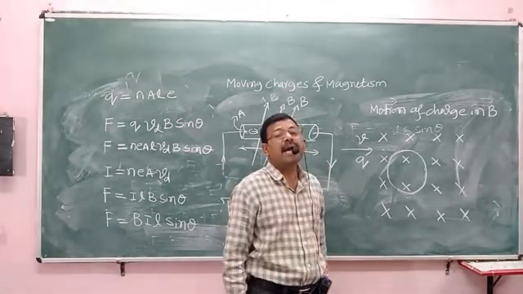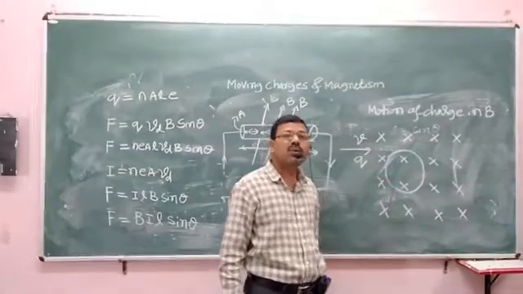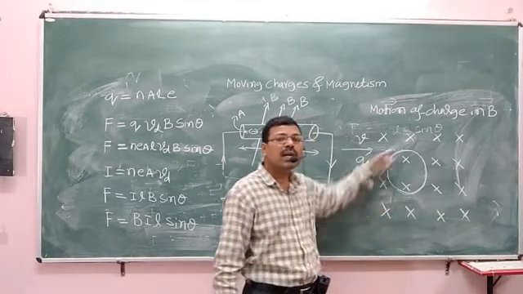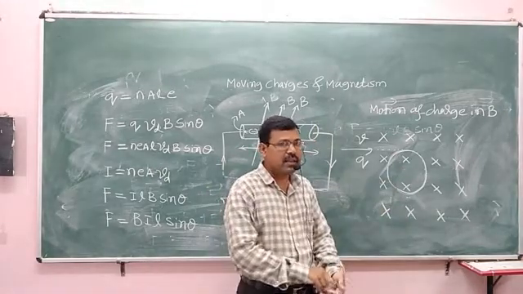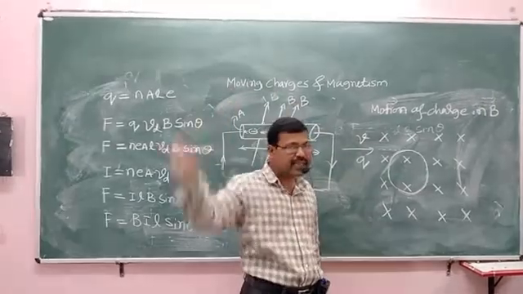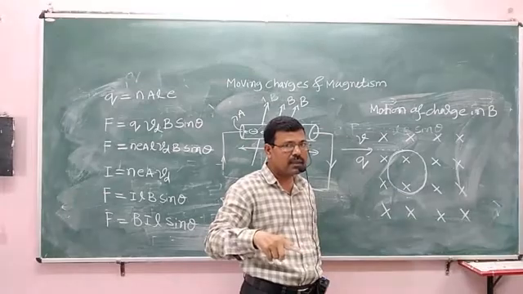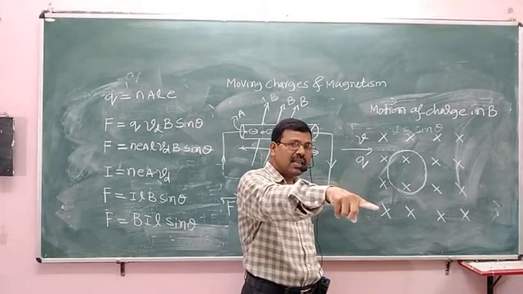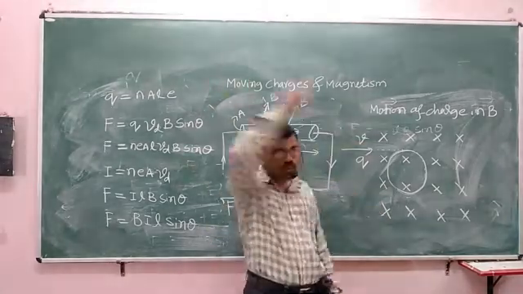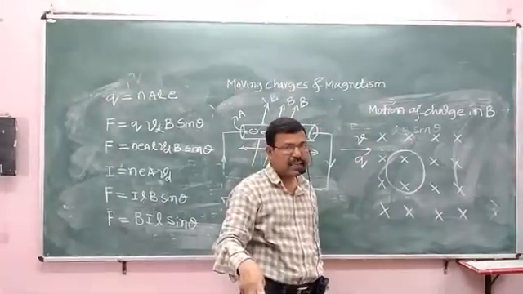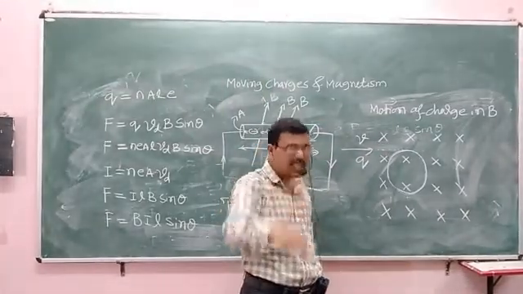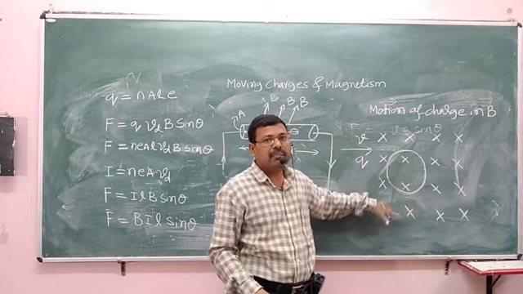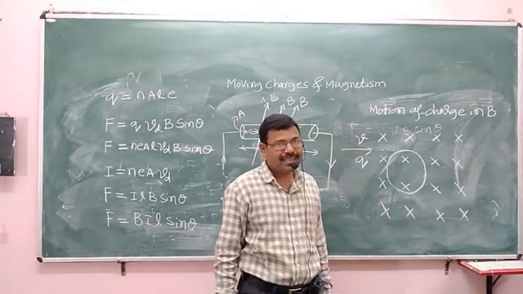Yes, you are right. The magnetic force is providing the necessary centripetal force for the charge to move in the circular path. Just like for a satellite to revolve around the planet in a circular path, the gravitational force of the planet provides the necessary centripetal force for the satellite to move in the circular track. In a similar way, for this charge to move in the circular path, the magnetic force provides the necessary centripetal